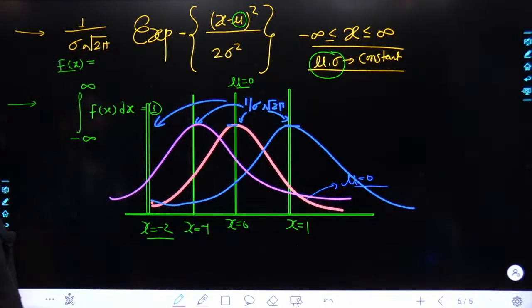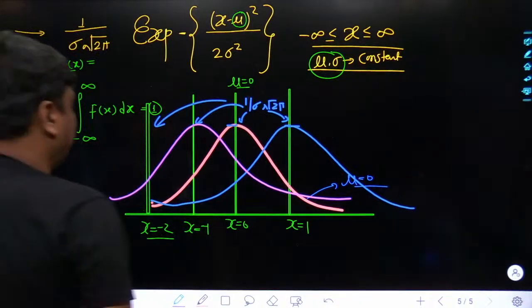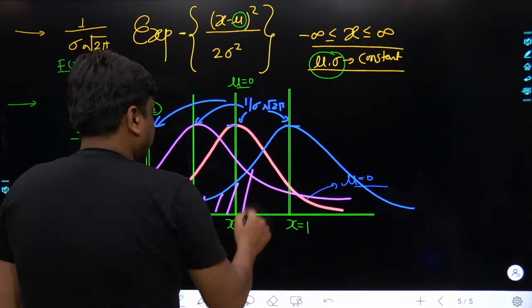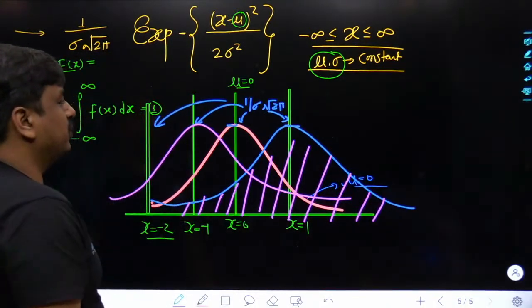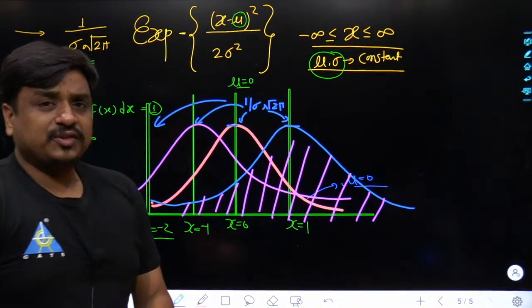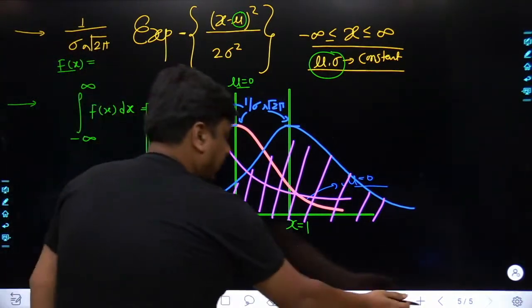Anywhere you go, yes, they have been considering the same area. Whether you take mu equals 1, mu equals 2, or mu equals 0, the area is the same. So just to simplify this problem,